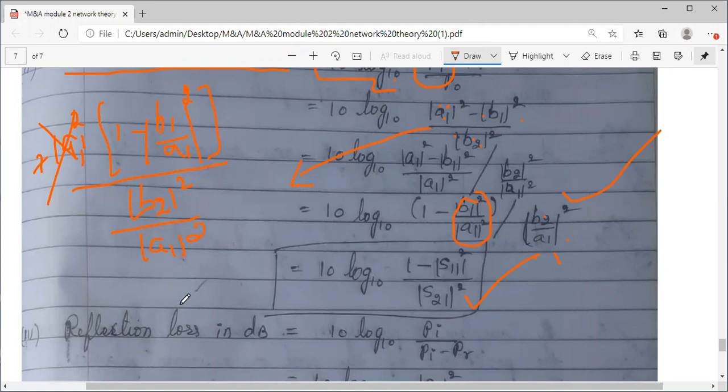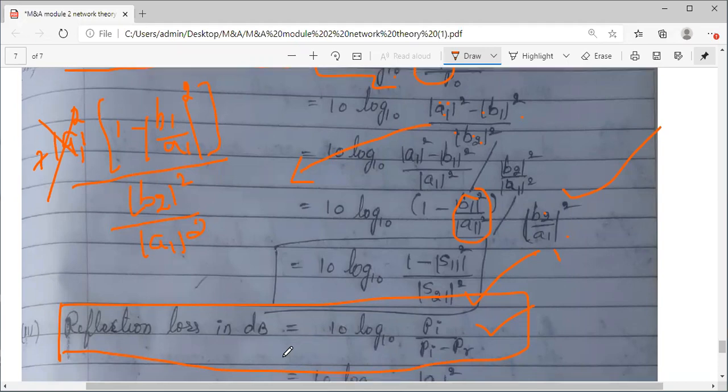Now coming to the third and fourth, there are two. I will give you the equation. Please take this as work. Reflection loss I have defined as 10 log Pi by Pi minus Pr. Now it is your work as an assignment. Look at Pi and Pr, and by the proportionality concept, see what each is proportional to, replace them, take the ratios, and do the adjustment so that you convert it in terms of S parameters. This is your third loss, reflection loss, 10 log Pi by Pi minus Pr.